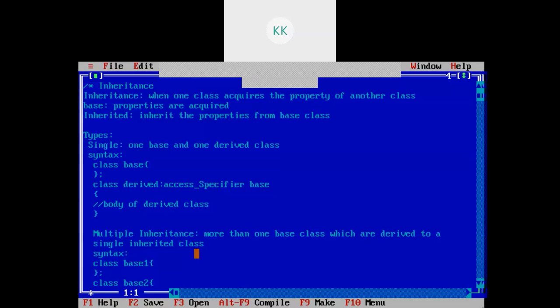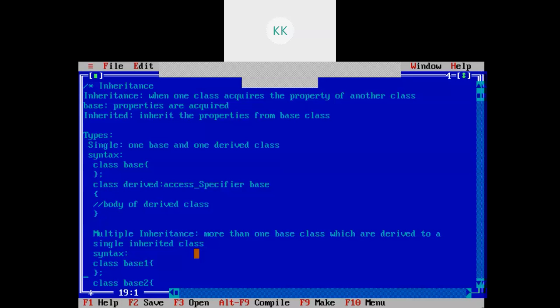The class which inherits the property from the base class is called the inherited class or derived class. Then we have seen types of inheritance. First type is single inheritance, in which one class acquires the property of another class. That means it has one base class and one derived class or inherited class.